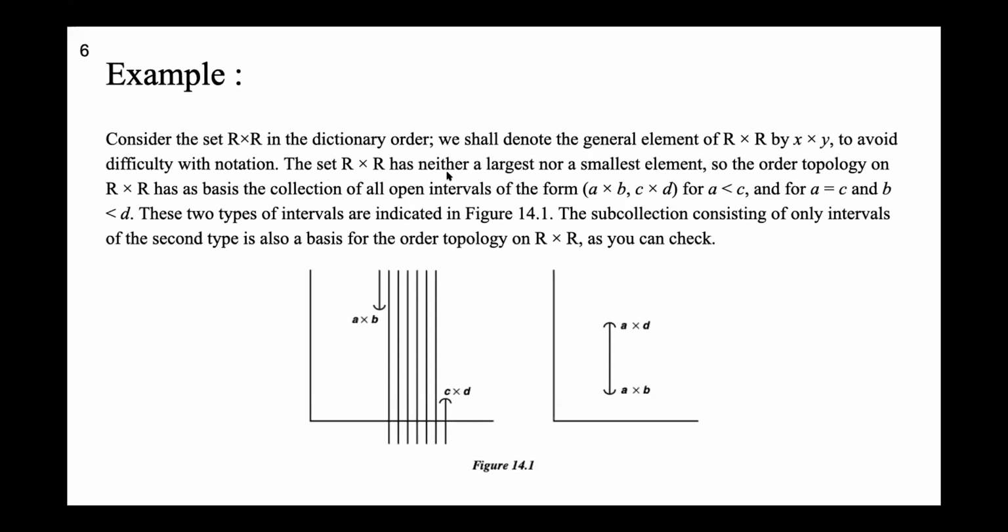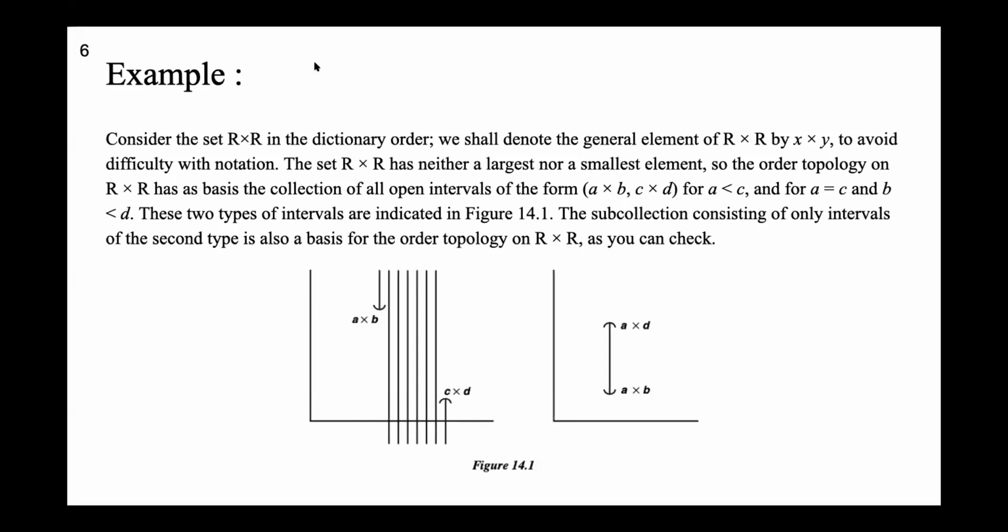So the order topology on this set would be the collection of all open intervals of the form A times B and C times D. Or it can also be the